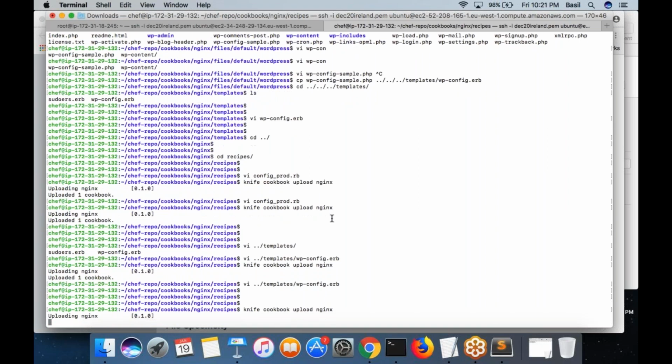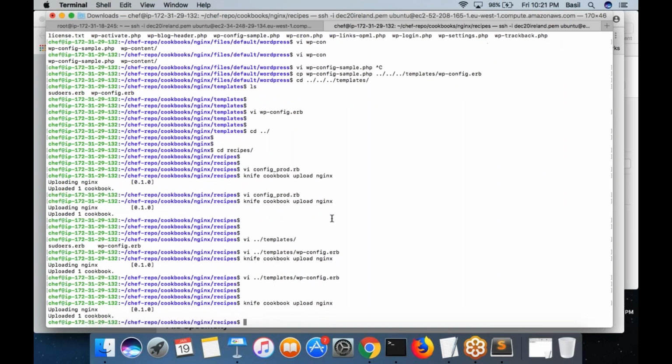You use template to generate set of config file. So in case of Apache virtual host, you have different website. For each website you want to create a virtual host in Apache. So in such purposes you can use these templates for generating whatever configuration that you are looking for. So that's pretty much about the template which I wanted to discuss.